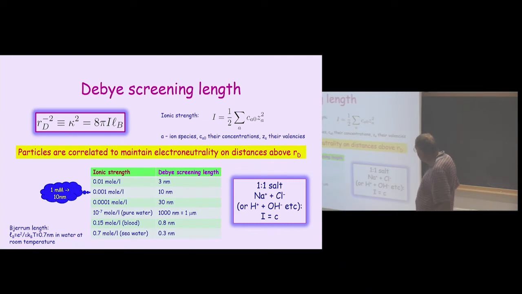So as an order of magnitude, the Debye screening length, for a 1 millimolar solution, is 10 nanometers, which you may want to remember. Now the Debye screening length in general, if you have different ion components with different charges, this is the definition of ionic strength. Let me skip all of this. And basically for simple one-to-one salt, ionic strength and concentration of salt is the same thing. So and there is 8 pi,